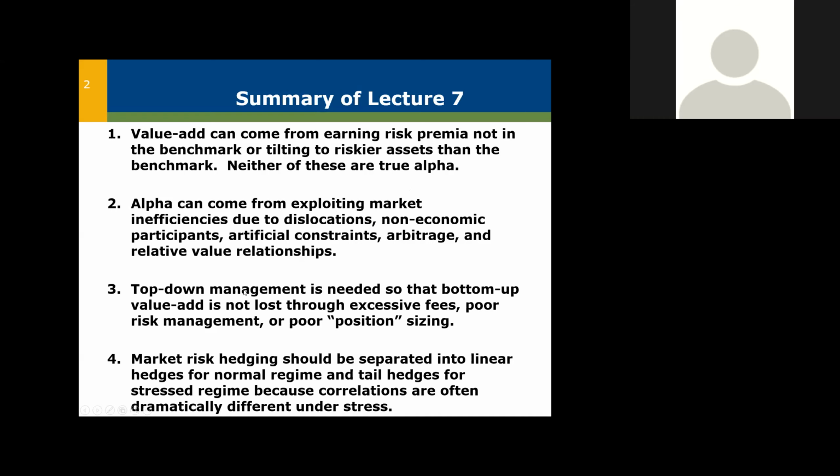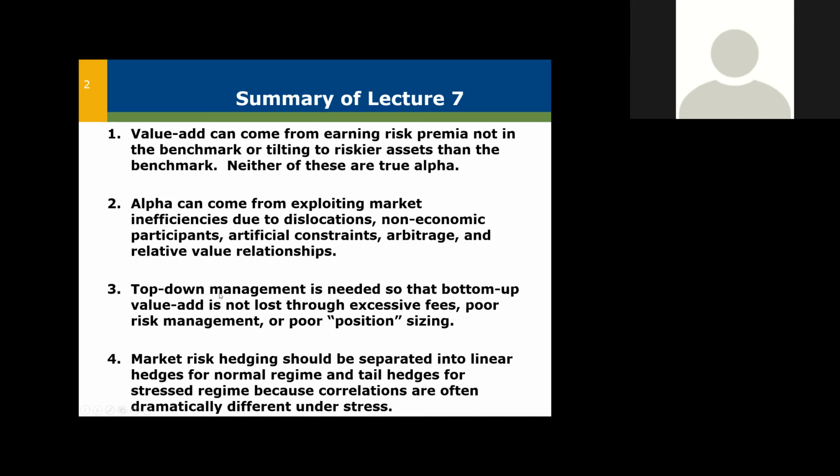And we didn't cover it so much, but surrounding that alpha generation process, there's a whole aspect of running a business on top of that. And so you want to make sure that you have good policies and risk management and cost control and execution and all those good things to support the alpha generation. And then we talked about